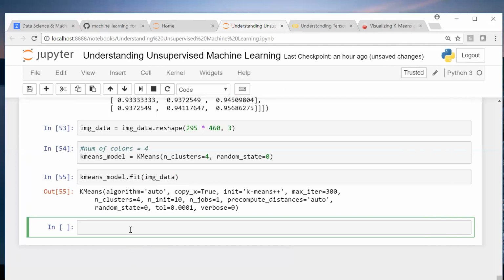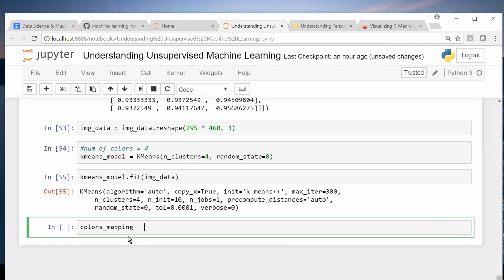Now you want to see what the average colors are. What is the total number of centroids? 4, right? You want to see what each pixel is getting mapped into, so it will be a prediction. Predict compressed colors mapping.